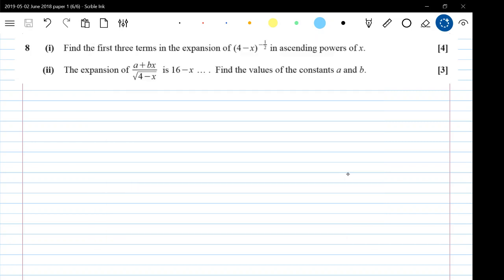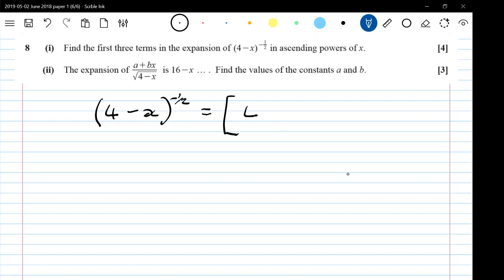So on question 8, find the first three terms in the expansion. We've done expansions like this. You need it in the 1 plus x format, don't you? We need to have it as 1 plus or 1 minus something. So we're going to have to sort out this 4 at the start of the bracket before we do anything else. We're going to take the 4 out as a common factor,